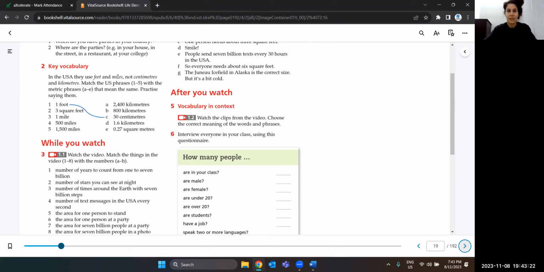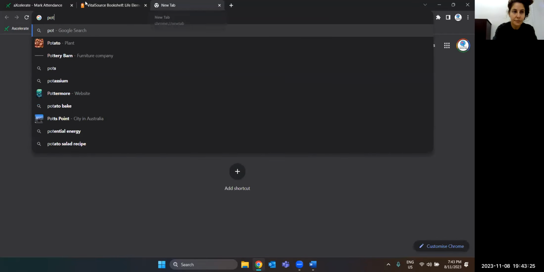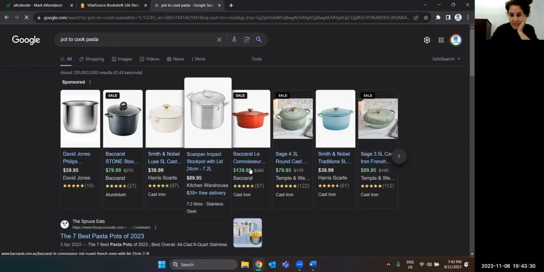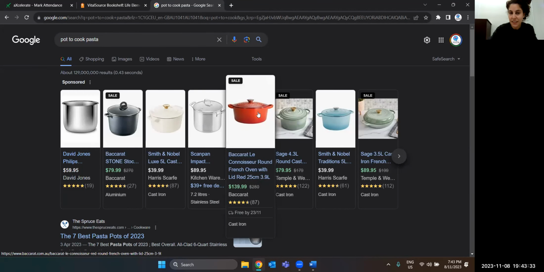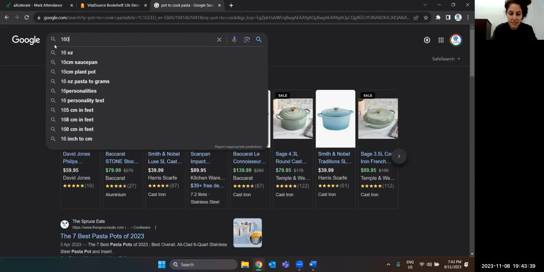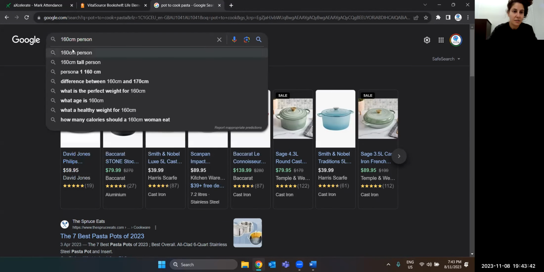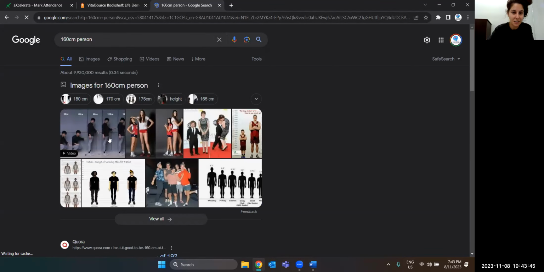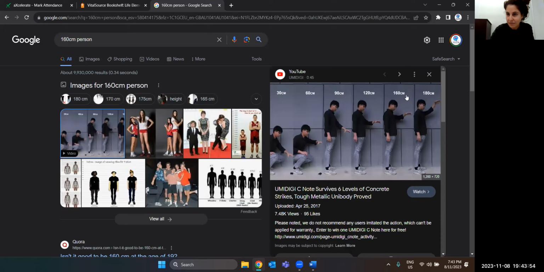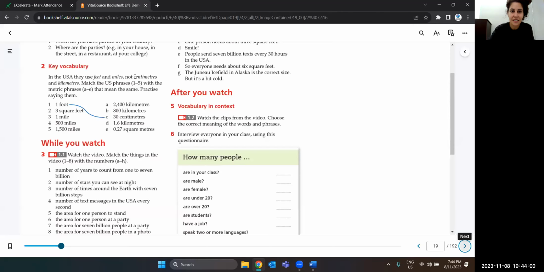Like I said, the pot, when you want to buy this one, it tells you how many centimeters. So you could see this says it is 25 centimeters. For our height, we use centimeters. So a 160 centimeters person would be someone like this tall. So it shows you the height. So that's American. We need centimeters. So we use centimeters, and kilometers is more for when you're talking about distance.